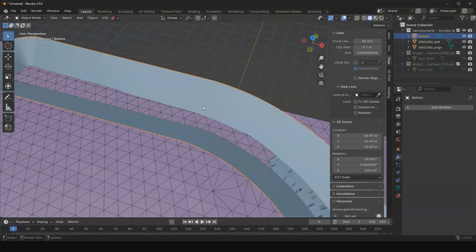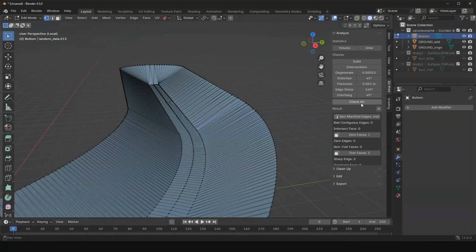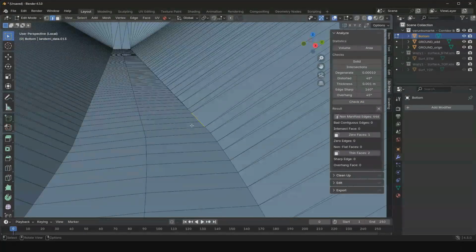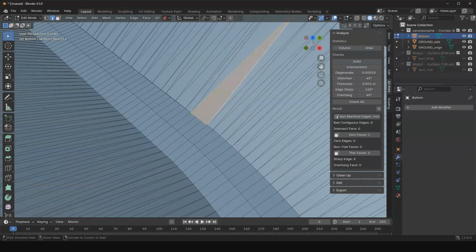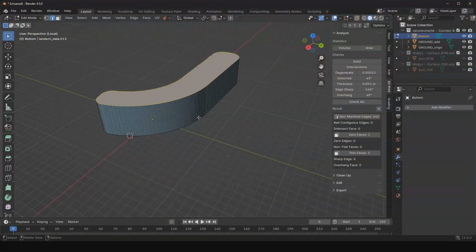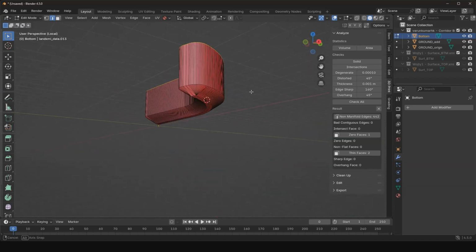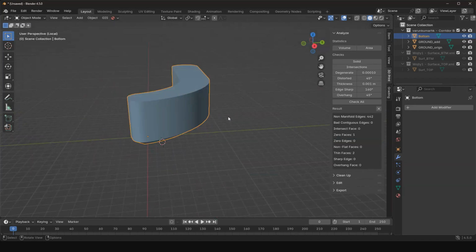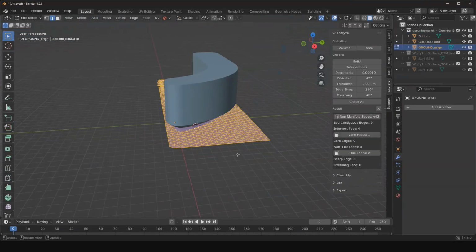And now we need to find where our problem is. And it's right over here. We have a hole in our surface. We're just going to delete this face and create a new face instead of it. So now our cutter looks good, except it's inside out. So we're going to flip the faces,